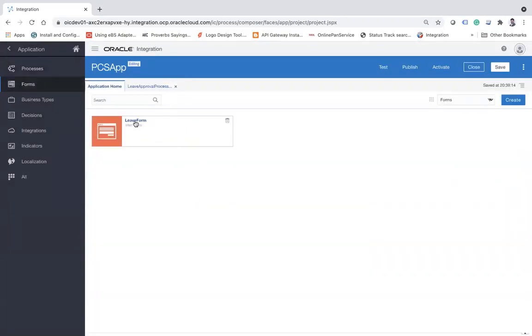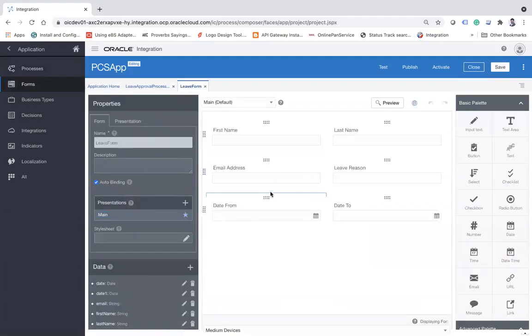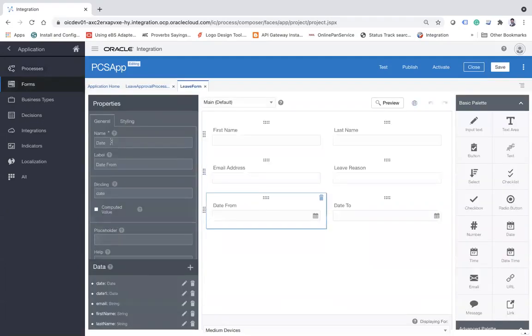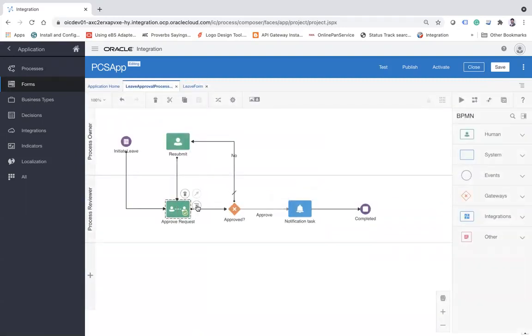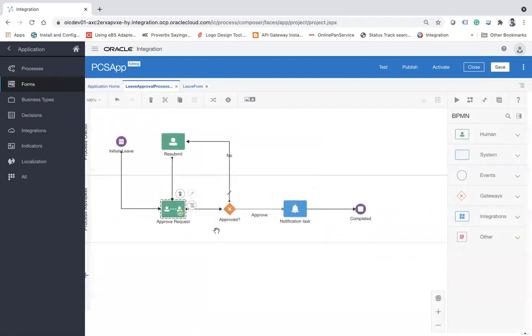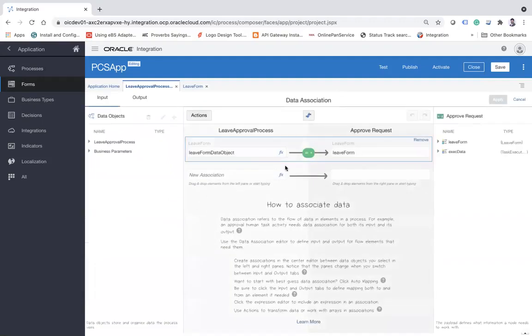What is the problem with this? Date from, date one. Come here automatically, date one as well. The form is here, leave,